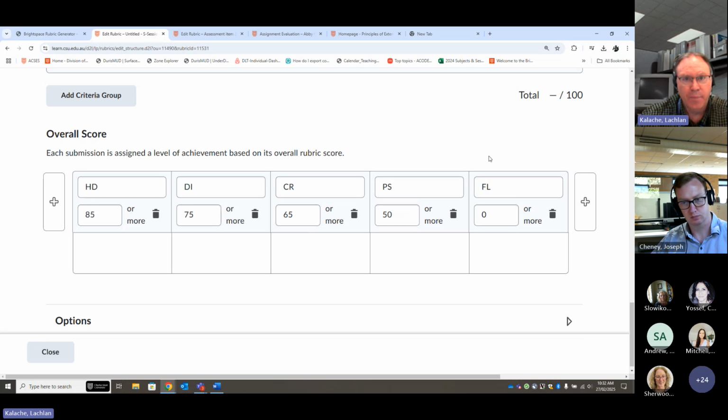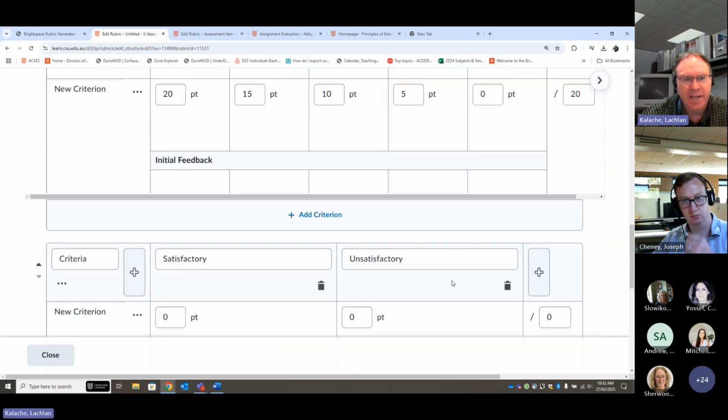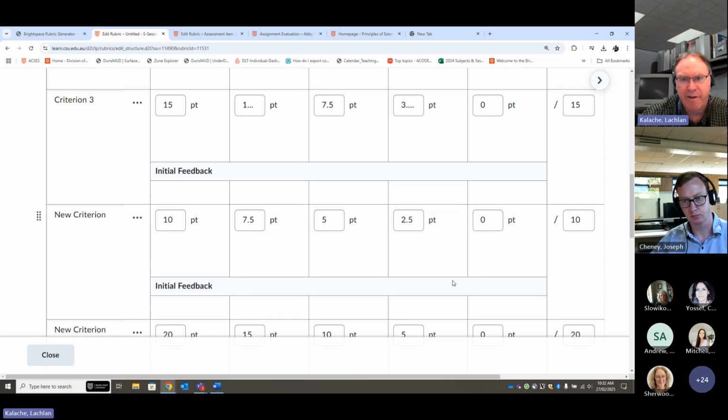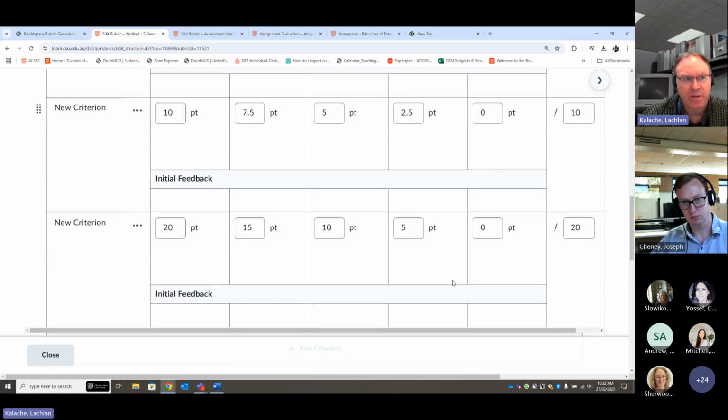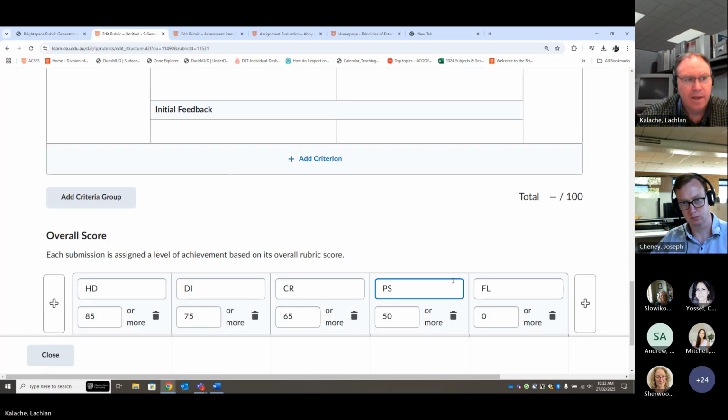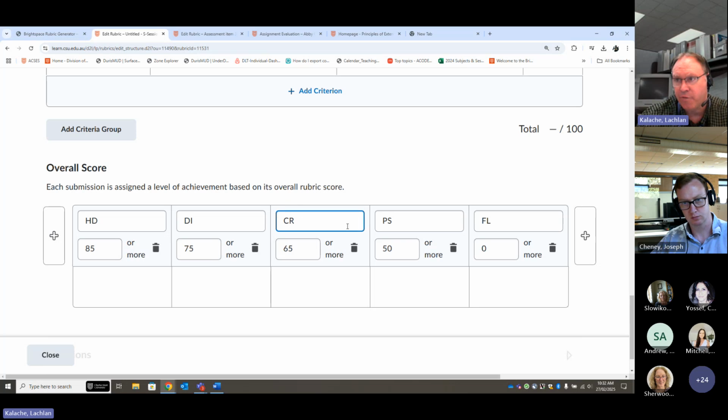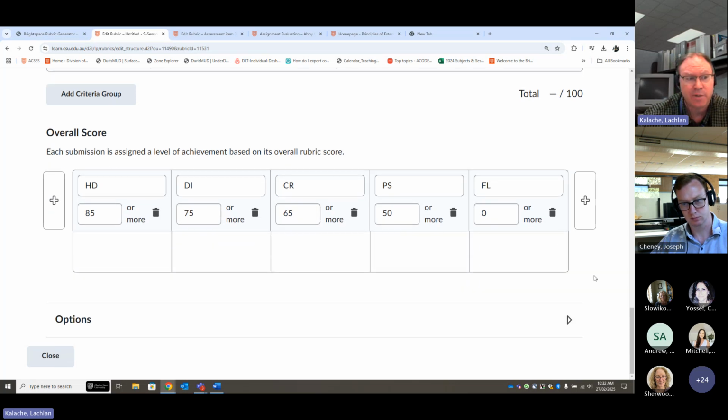All right, so apart from not putting in any descriptions, etc., I now have a rubric that's tallying out of 100. I've taken the time to define the overall score area, which means I can use the analytics when I'm going through the marking process. And the last part that we have,